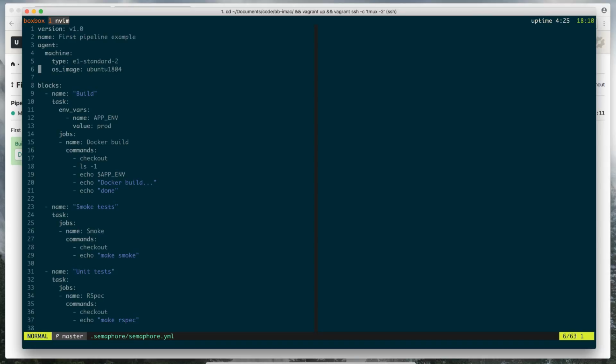Okay, moving on. So blocks. Blocks is the first section of a pipeline which holds all the blocks. And blocks are defined here just as a list. And as I said, they're executed sequentially. Once the first one breaks, the first one